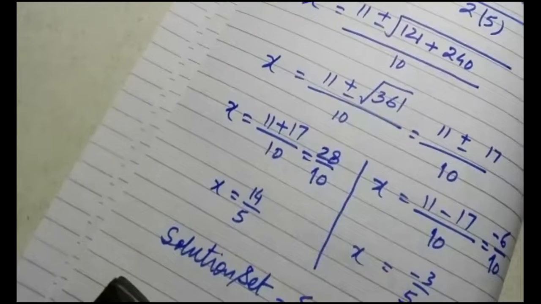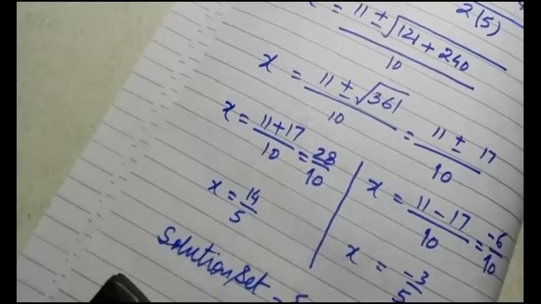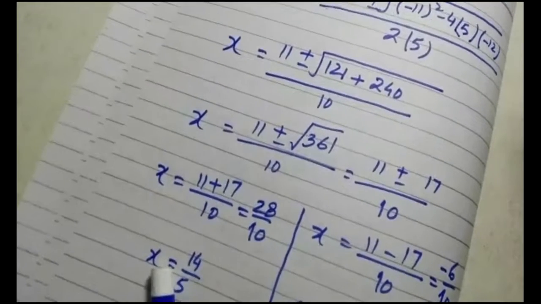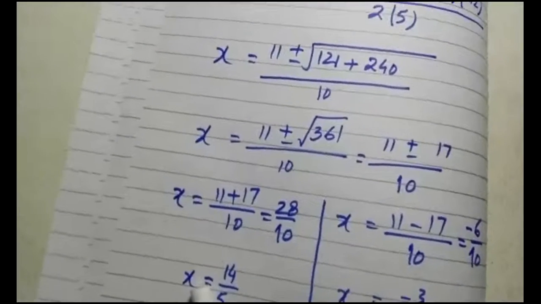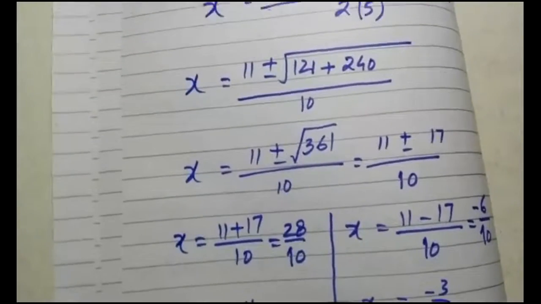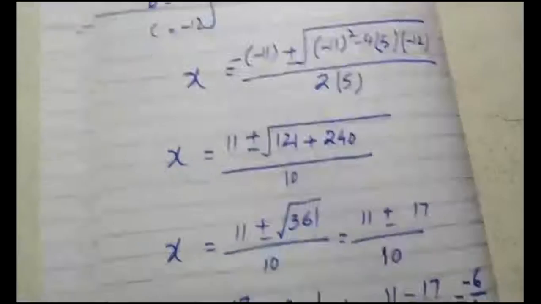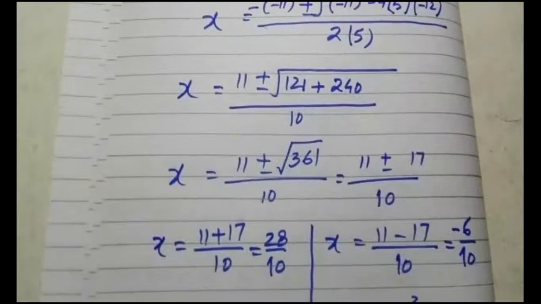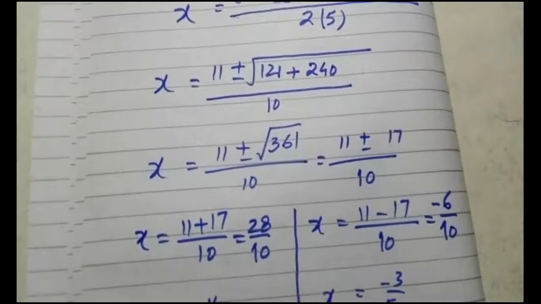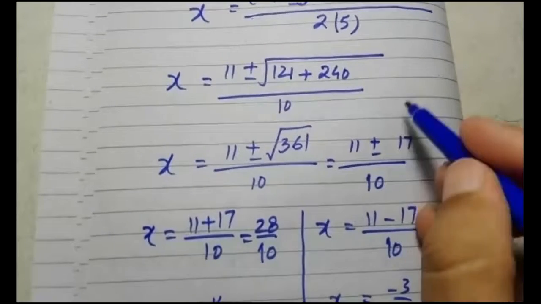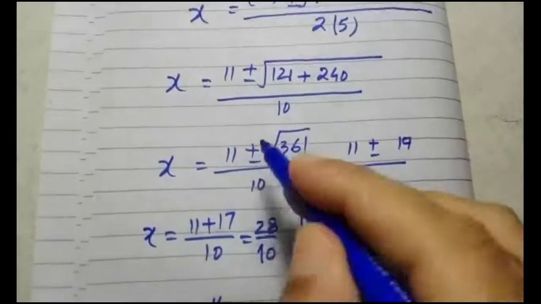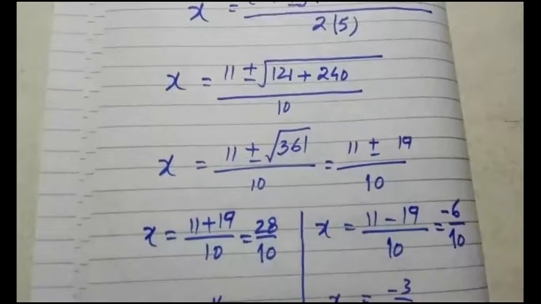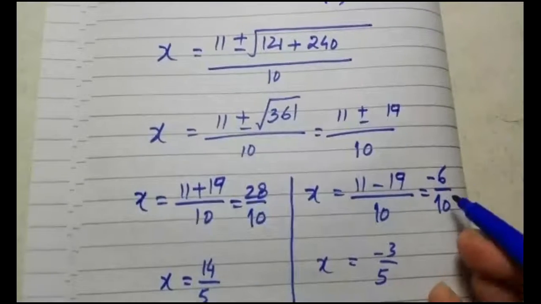Okay, we will do the correction because at one place I have written under root 17. It was supposed to be 19. So just let me share you. Okay, right here it should be 19. So I will correct it exactly at this position. Make it 19. So one time we will write it 19 and other time we will write it 19. It's a slight mistake, so I will correct it.